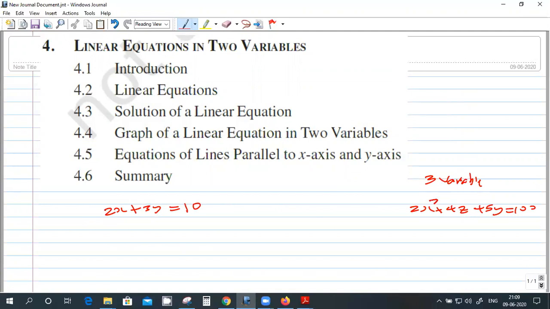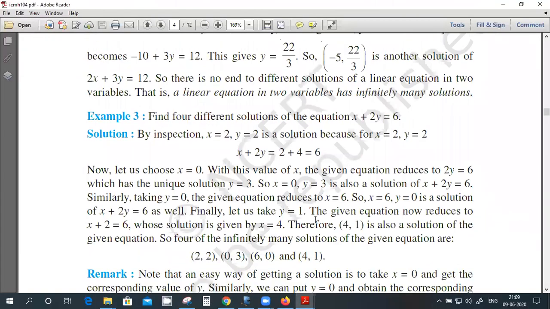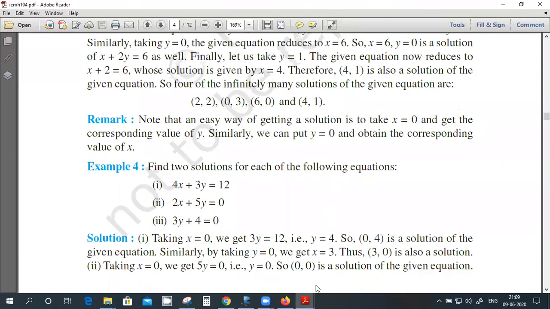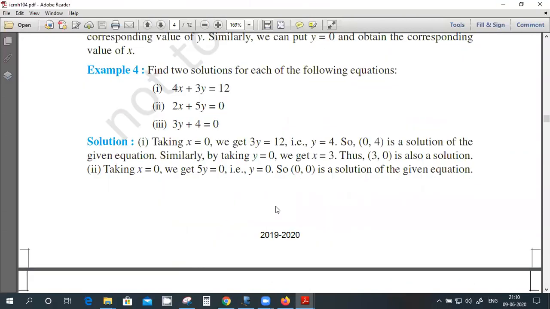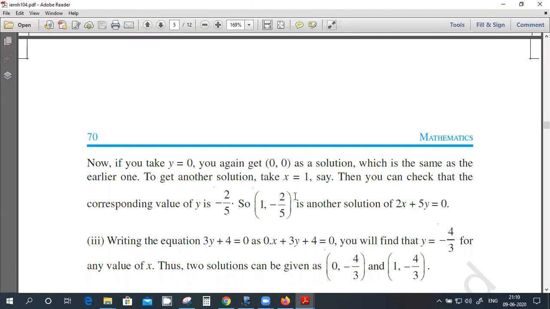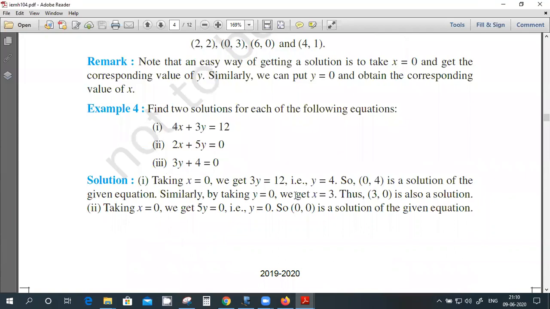Suppose I make it x square, then it's not a linear equation, it's a non-linear equation. Yeah, that's good. Or zx, something like that. How do you solve a linear equation in 2 variables? We have to take some random value, substitute the value in the equation and then solve, find the value of the other variable. You can form a table of x and y, right? Yeah. x equal to 1, y equal to something, x equal to 2, something like that.